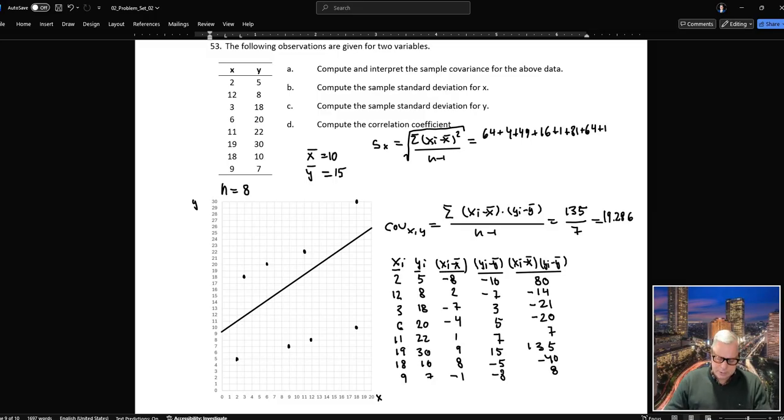64 plus 4 plus 49 plus 16 plus 1 plus 81 plus 64 plus 1 equals 280. So then we have to divide by 7. So we have 280 over 7, which is 40. So the answer is